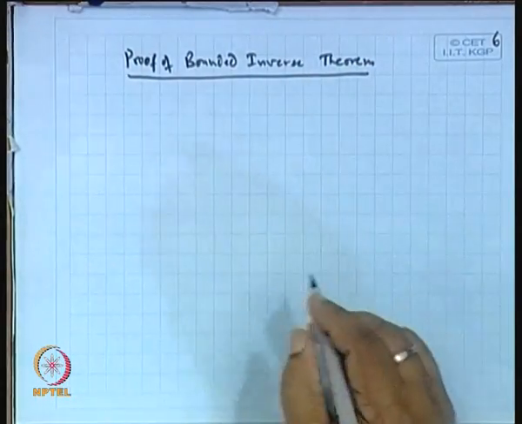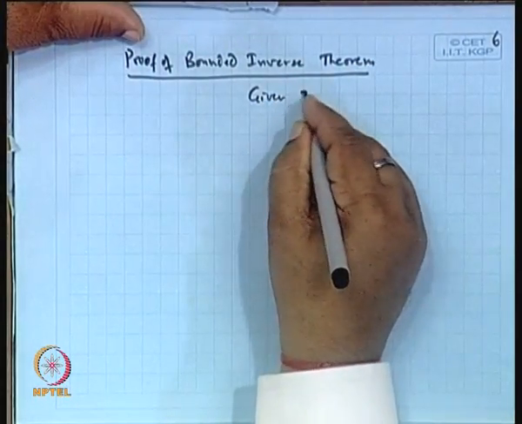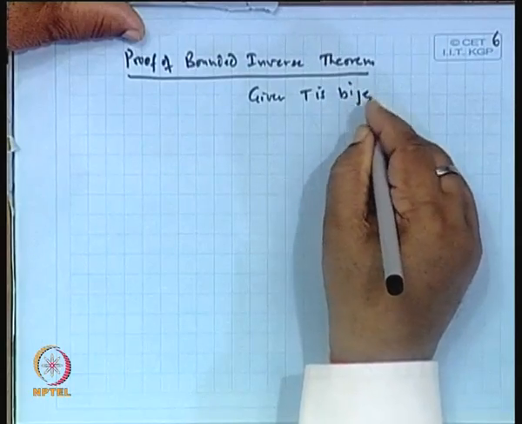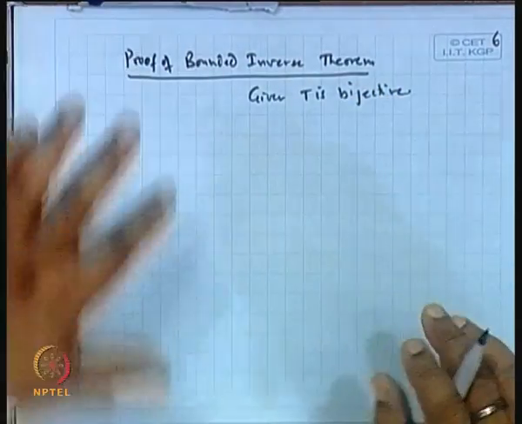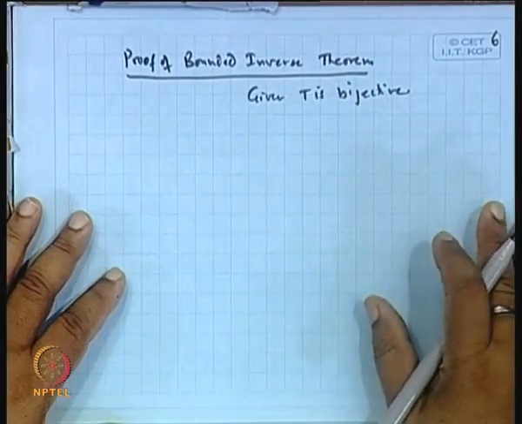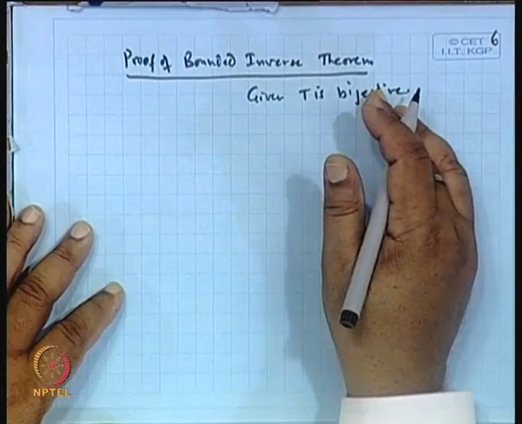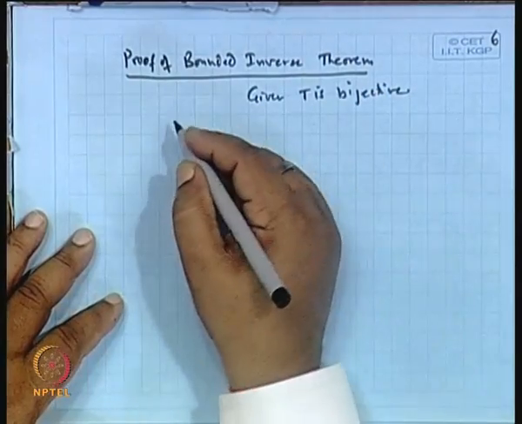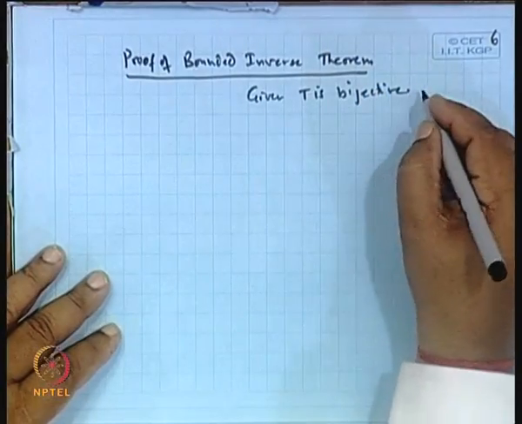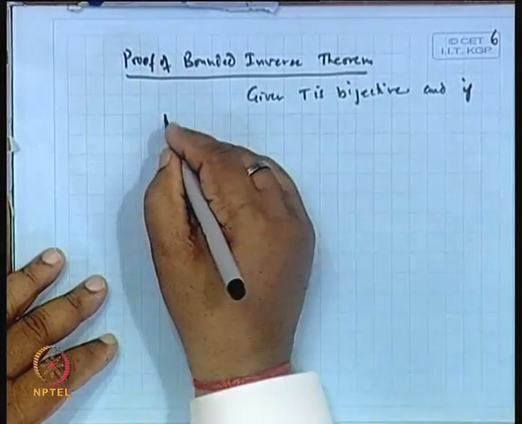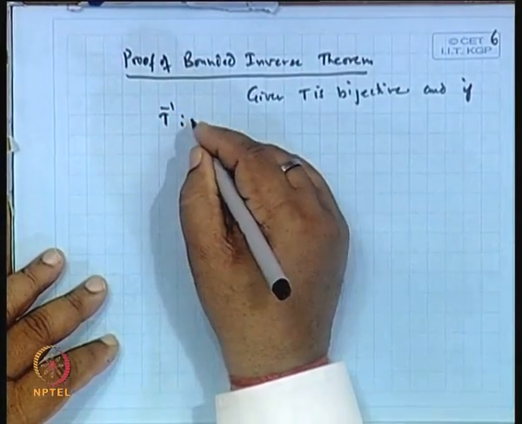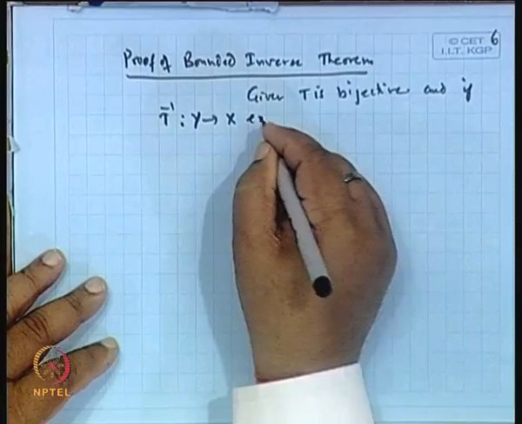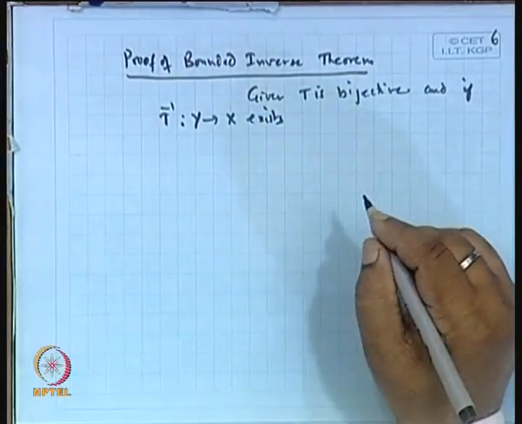Here one extra condition is given, that T is bijective, that is one-one and onto. So, once T is bijective, the inverse will exist, and if the inverse T inverse from Y to X exists, then